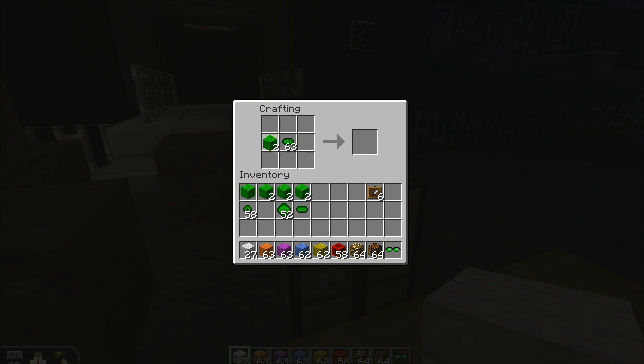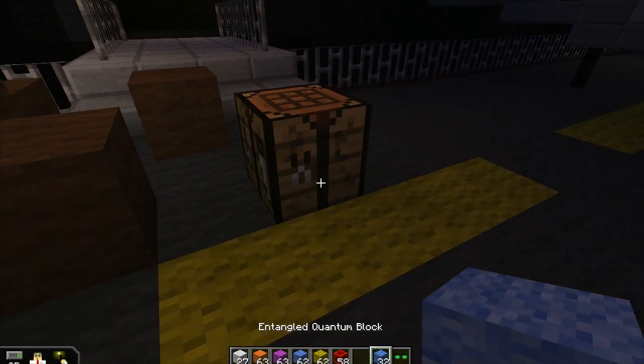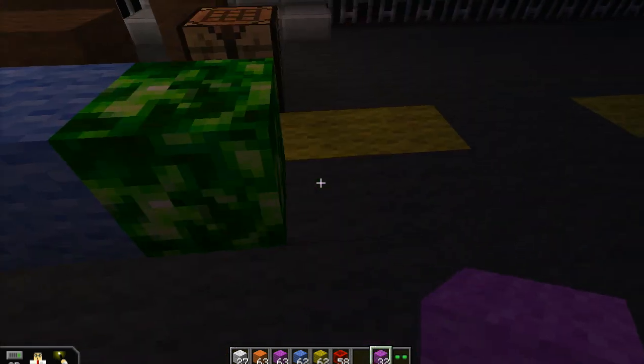And the fun thing about this is I can take more of those and get even more in this same group. And every time I do this with a different starting block, I'll get a different group of entangled blocks. Now, that should be enough for demonstration purposes. Once I've got that, if I take these blocks and I place them in the world someplace, let's do that right here, I can place a whole bunch of